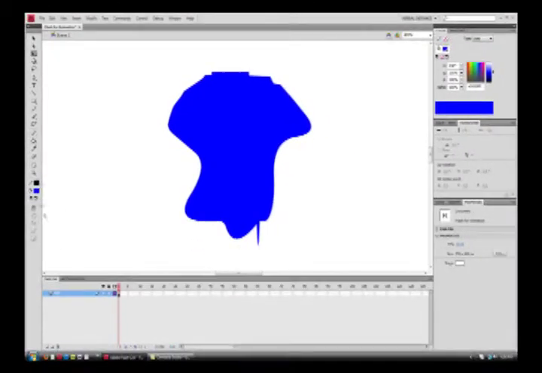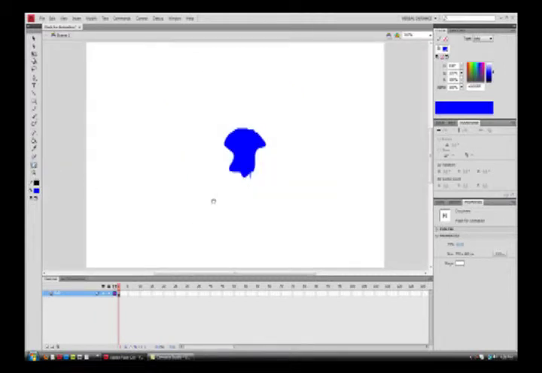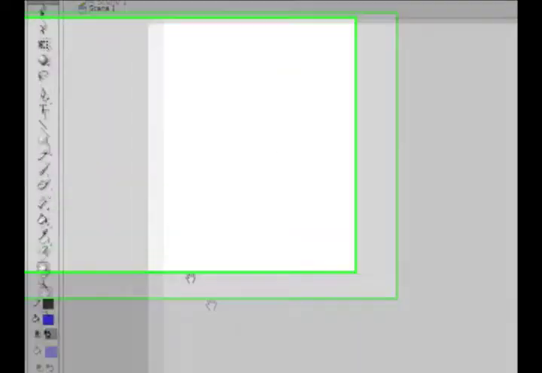I'm just going to zoom back out using this hand tool. We'll double click on it, zoom out, and I'm going to clear the stage. The way I'm going to do this is I'm going to click Control A, and it's going to select everything on the stage, and then I'm just going to push backspace, which will delete everything that's selected. So now we've got a clean slate. I'm going to show you how to use the line tool, and that's this one right here. If you just click on it, then